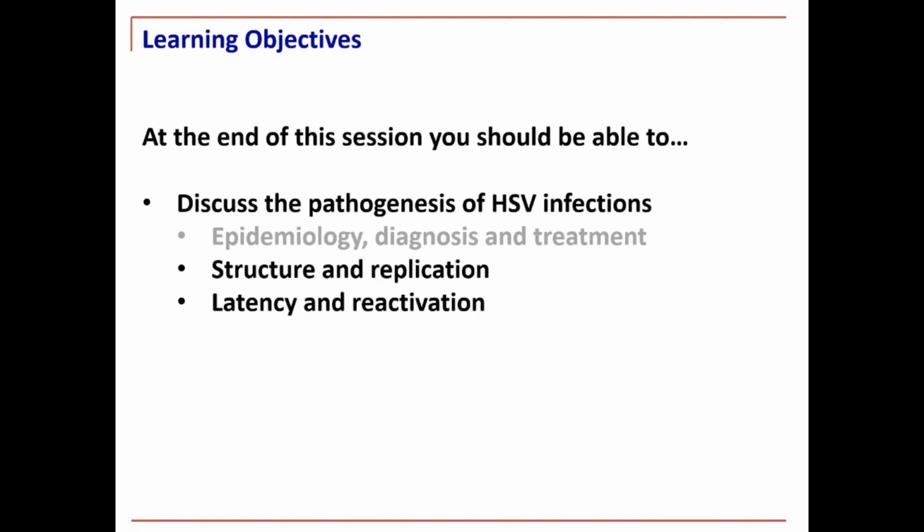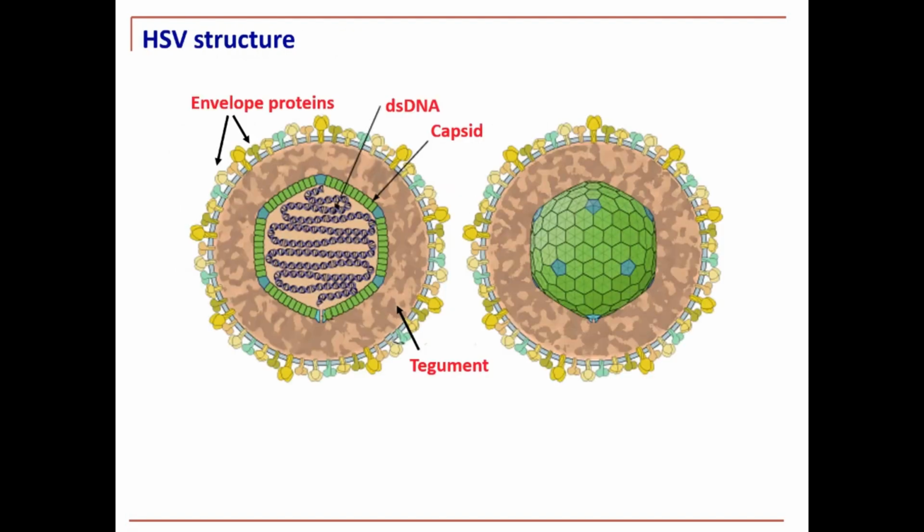The next part is we're going to look at the structure and replication, and also latency and reactivation. If we're looking at the structure of viruses, you remember that a virus has a nucleoprotein core. In this case, it's a double-stranded DNA virus, so it has double-stranded DNA within its nuclear core. Surrounding this, it has a capsid and it also has an envelope. In between the envelope and the capsid is a tegument, and this tegument